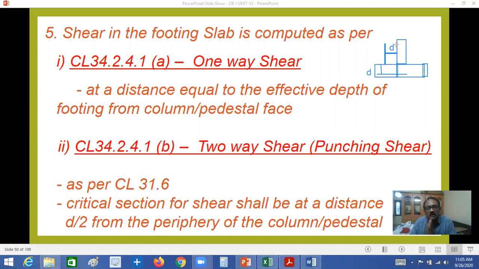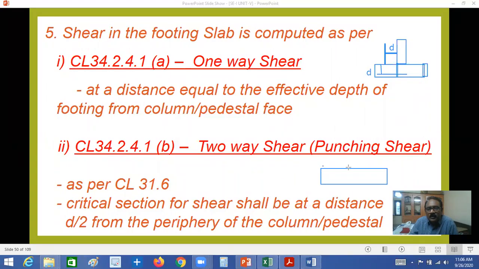So, as I always explained in previous videos, that is bending moment. In this one, shear, right? Now we'll go for two-way shear, punching shear. What is punching shear? Punch, right? Here, punching shear means the same way.